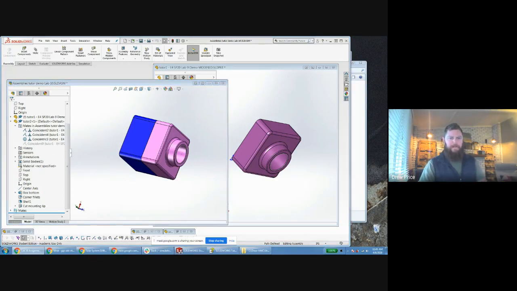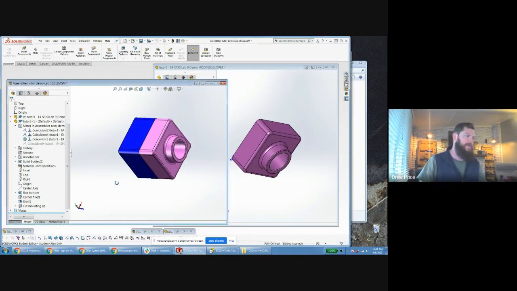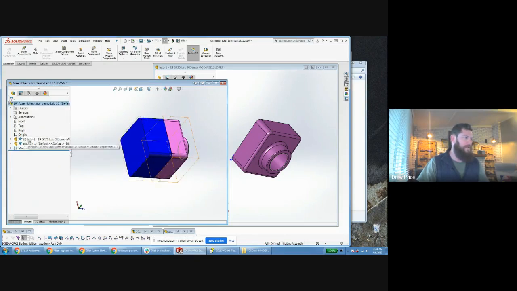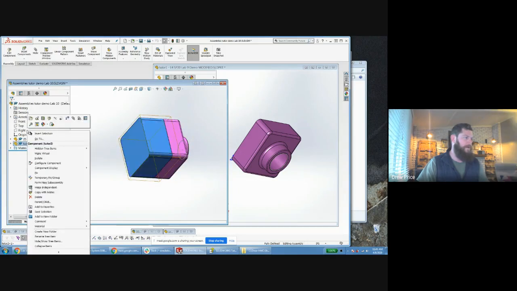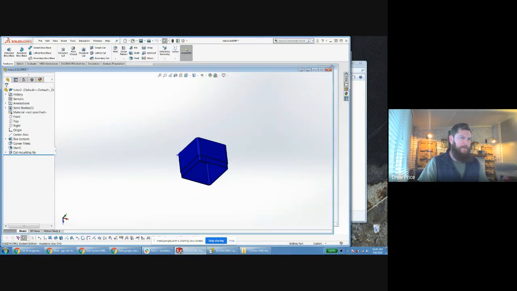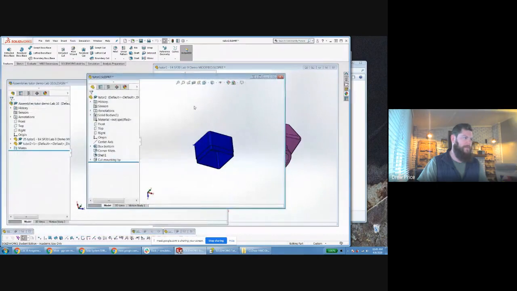One last thing that came up, there was an excellent question during the lab, is how do I easily use two different versions of a part? So in the assembly document, in the feature tree here, we've got the two parts that I'm editing. So if I do what I did before and open up the back part, say, for example, I wanted to have two versions of this part, one version that's blue and one version that's red. So if I go